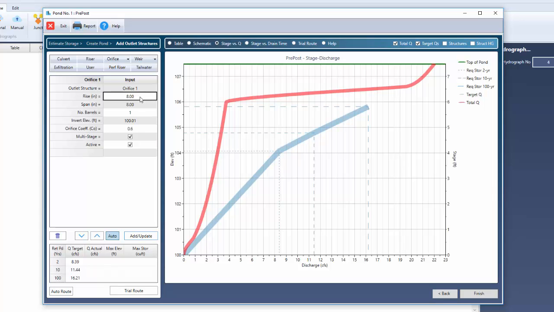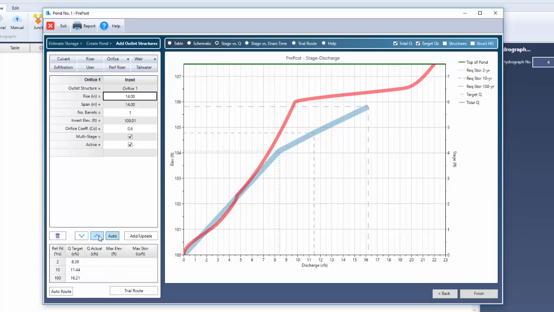So let's just increase it. I'm going to put my cursor up there. I'm going to go down here to our interactive tool, and I'm going to hold the control key down on my keyboard, and that will bump this up in whole inches. So there's 9, there's 10, 11, 12, 13, 14, and 15. 15 looks like it's a pretty good fit because now it's following our blue line, and it's crossing right through here where we want it to. And it starts to tail back at this point. So this gives us a good indication of where we need to add our next structure,